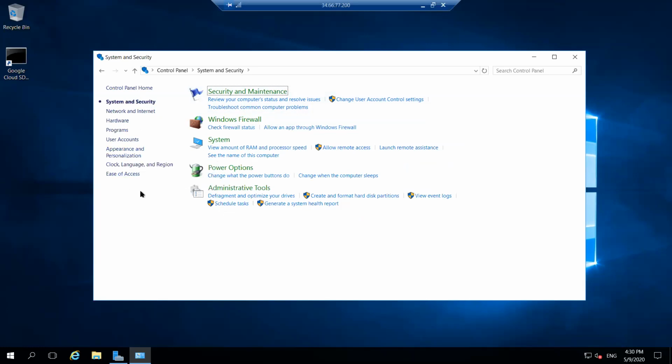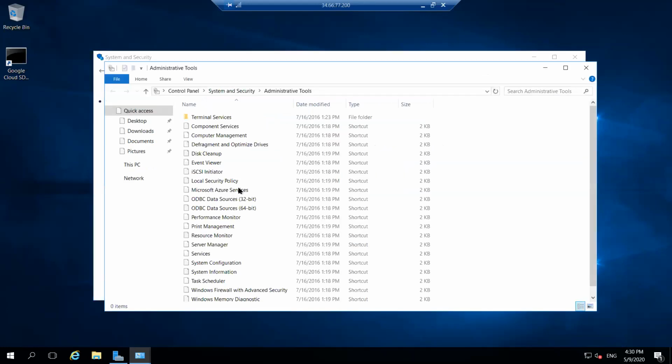We will go for appearance and personalization, system administrative tools. We will go for the administrative tools option.